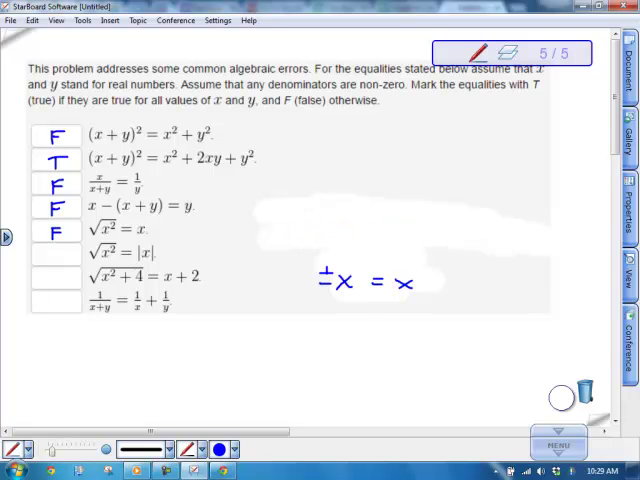All right, and then the next one, the square root of x squared equals the absolute value of x. That is true, because the square root of x squared gives you plus or minus x. And when you evaluate the absolute value, it doesn't matter. You could stick in a plus or minus x, and when it comes out,